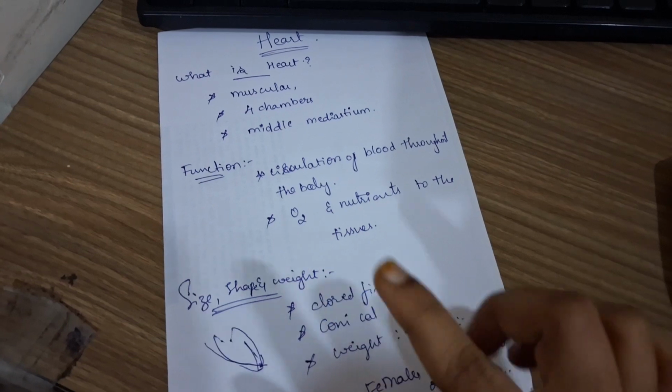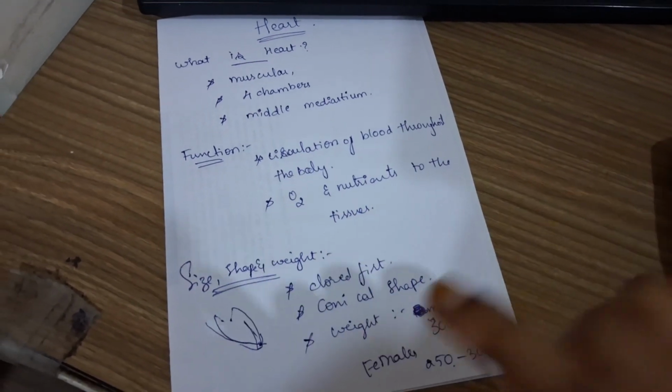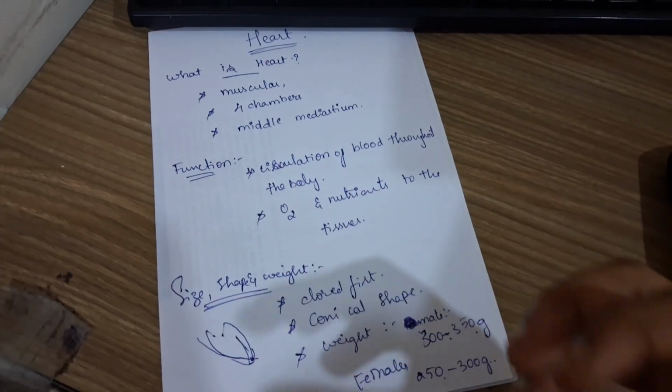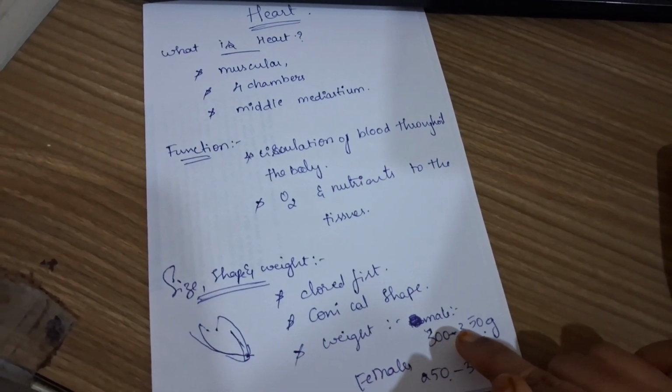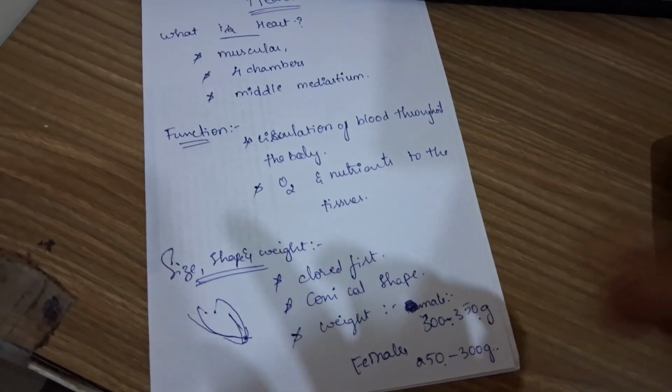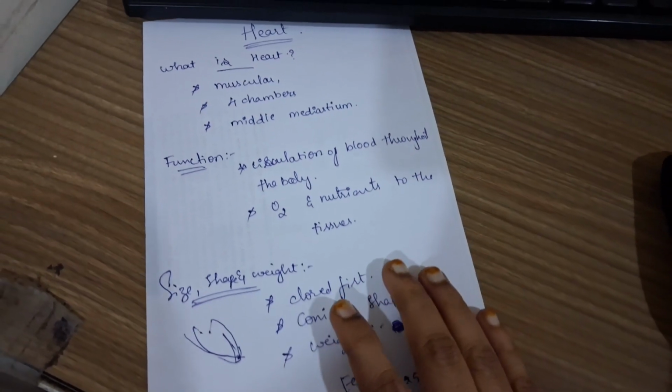Then we studied size, shape and weight. It is closed-fist sized, conical in shape. Weight in males is more, it is bigger, 300 to 350 grams, and in females it is smaller as compared to males, 250 to 300 grams. Next we studied about